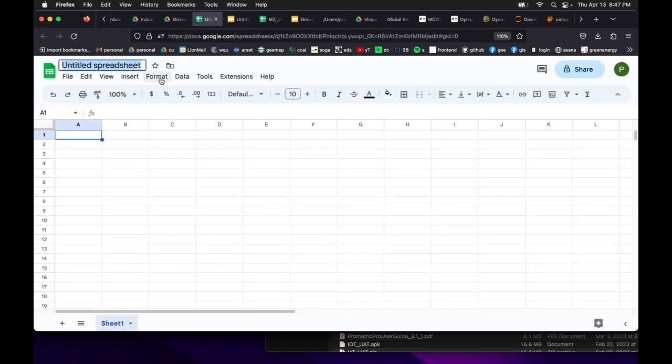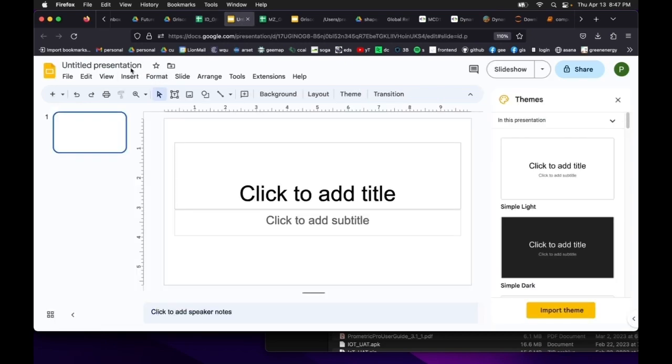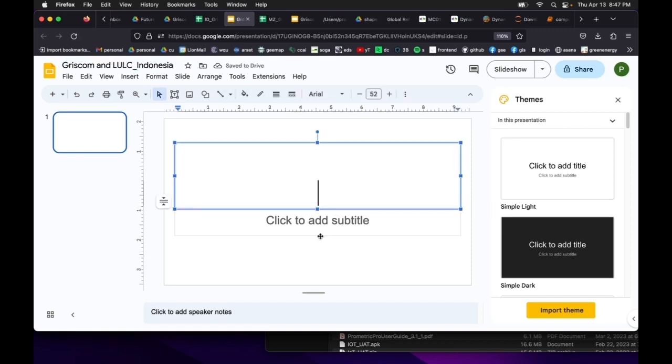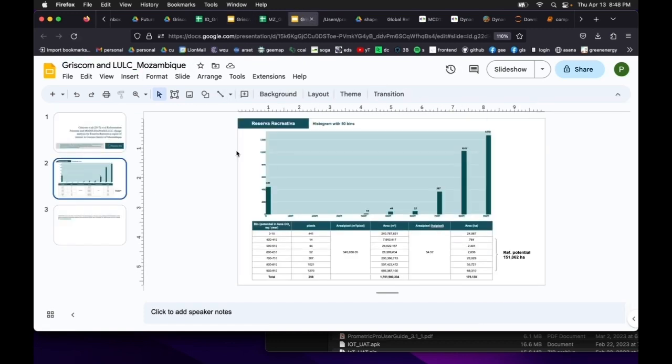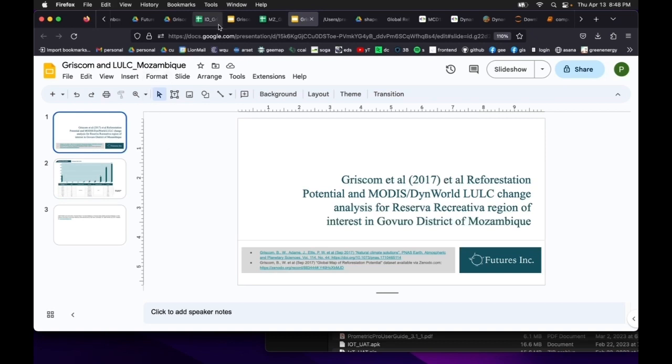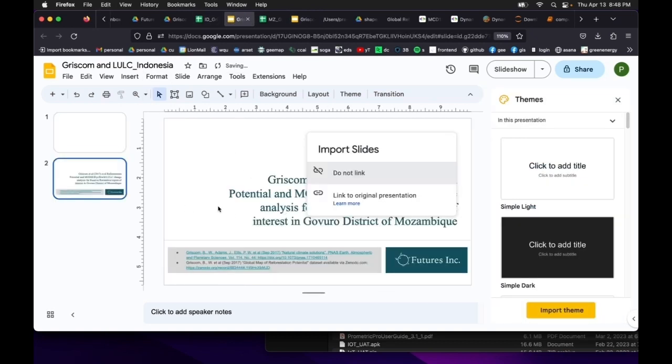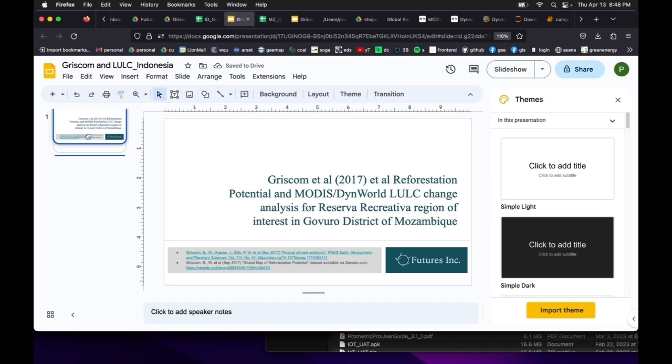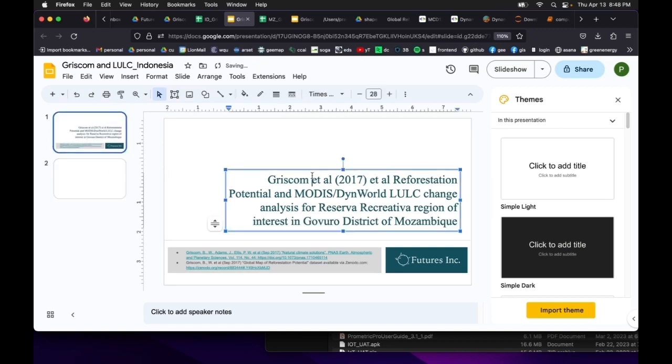So I will call this Indonesia Griscom just for some computations. I will call this Griscom and land use land cover Indonesia, and I will first start by putting in a cover slide for this. I don't want to link it to the existing slide, and I want to call it the same thing, analysis for an HP project